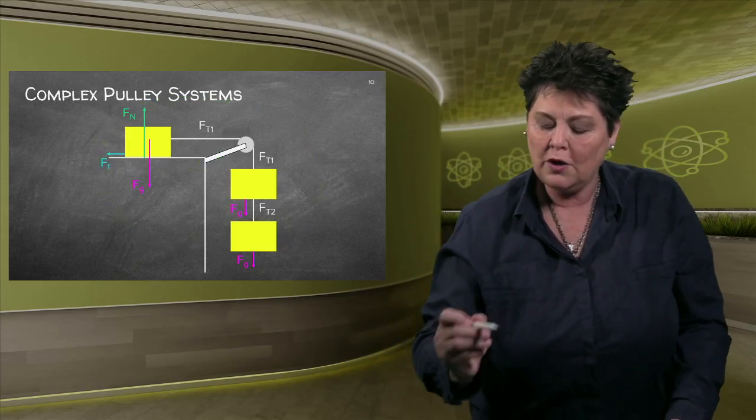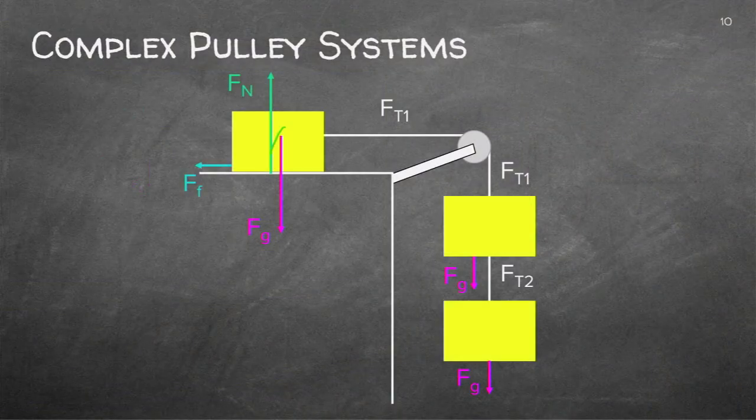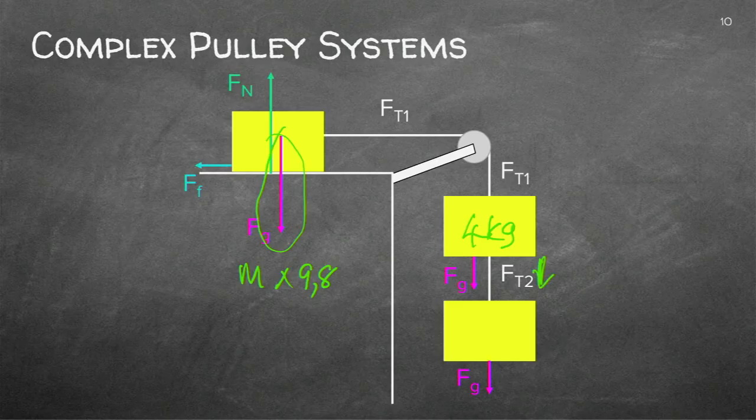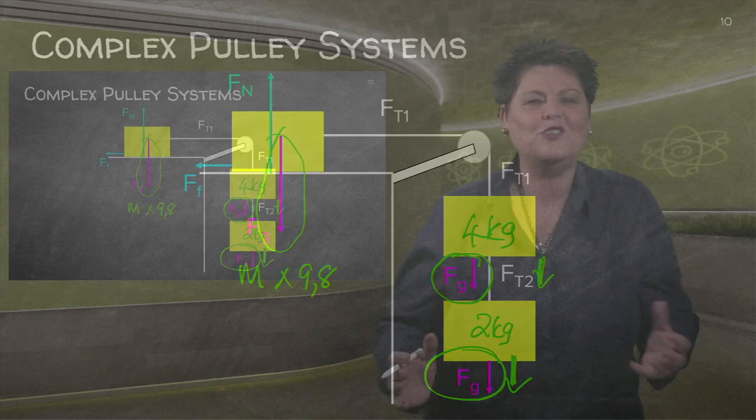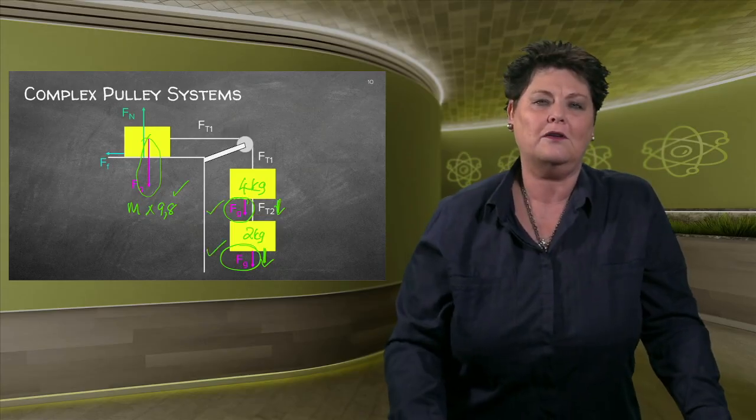I want us to identify the forces first. Remember, we've done that every time. We always have gravitation. You can work that out: mass times 9.8. Guys, do that immediately. You'll in any case get marks. If I've got this mass, can I work out that gravitation? And if I've got this mass, can I work out that gravitation? So there you always do that. And as I said, even if you don't know how to go further than that, you get marks by just actually working out the gravitation.